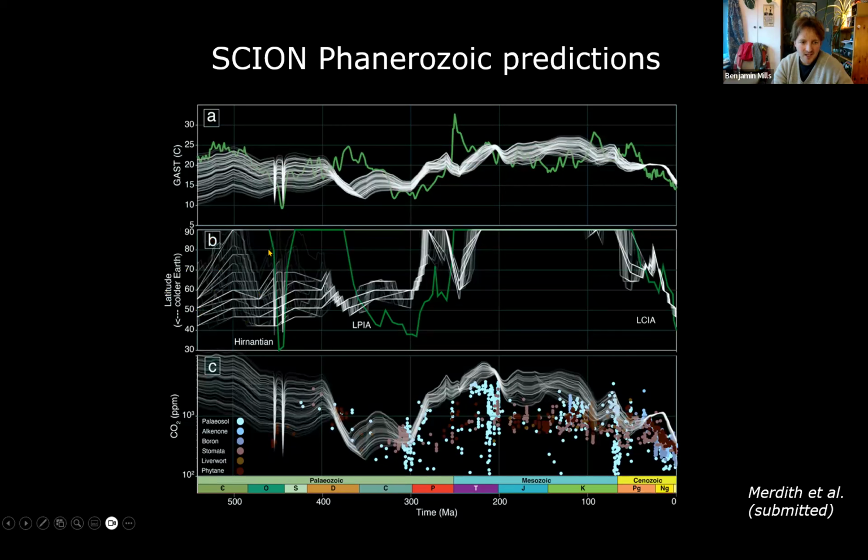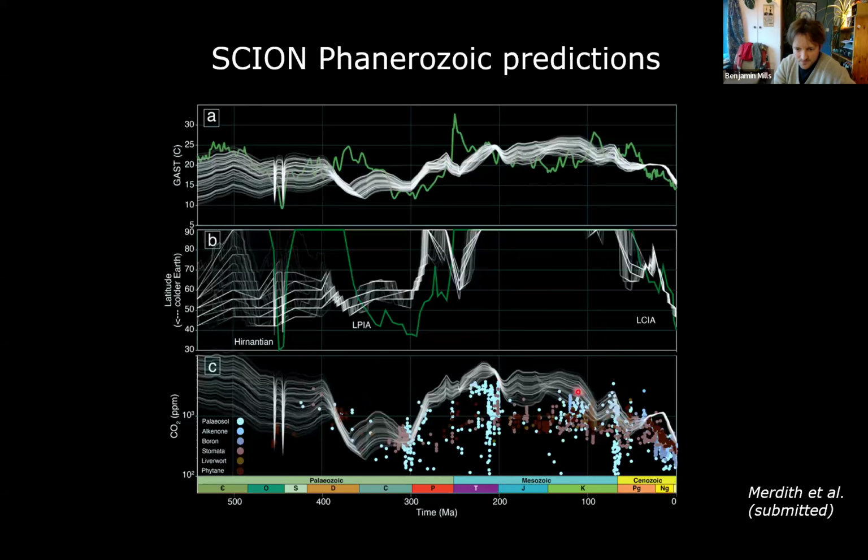This is the model ice line, because we have actual glaciation in the model happening at certain times. We can actually track where the ice caps are over time. So we kind of get the late Paleozoic ice age here. We kind of get the Cenozoic ice age, and we get a hot sort of greenhouse Mesozoic, which is nice. Our early Paleozoic is much worse. We have ice through most of it, so the model is much more uncertain back there.